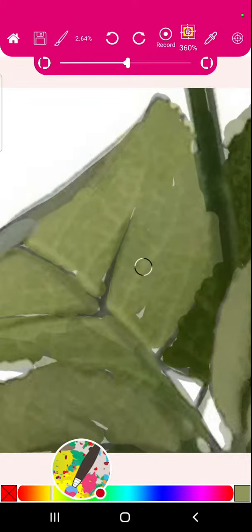See that lovely white knot? We can get that as well. And all these beautiful marks. See that color? Pick that color and then just